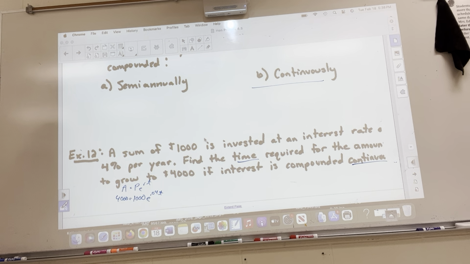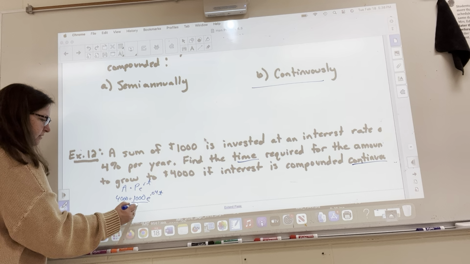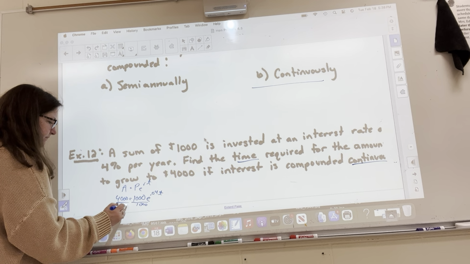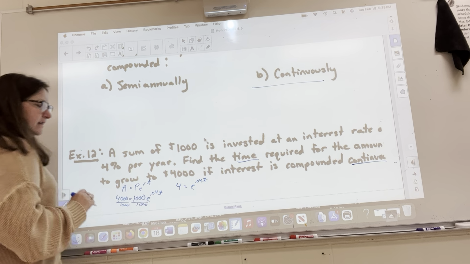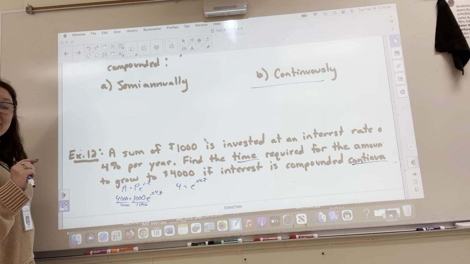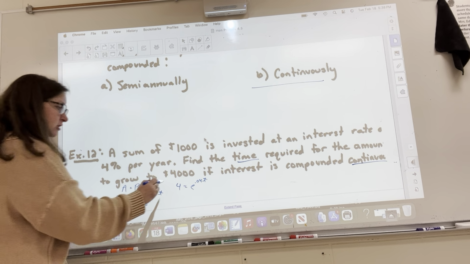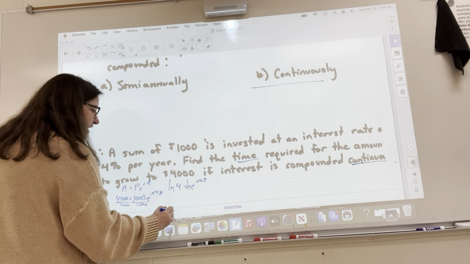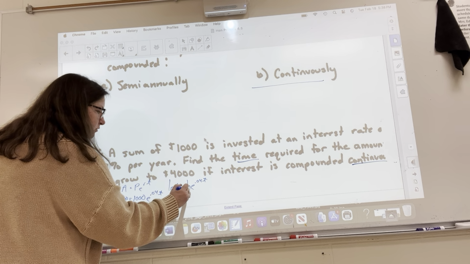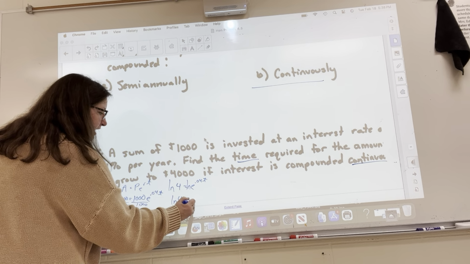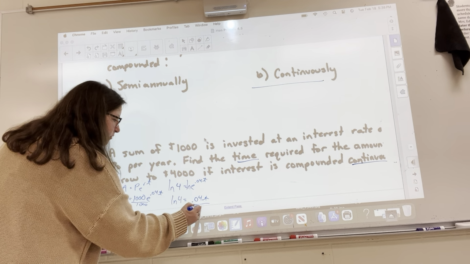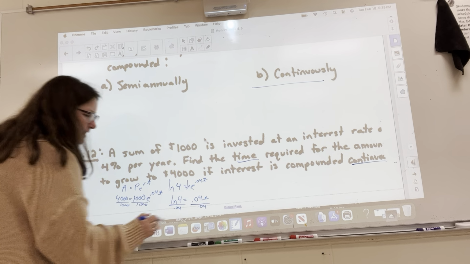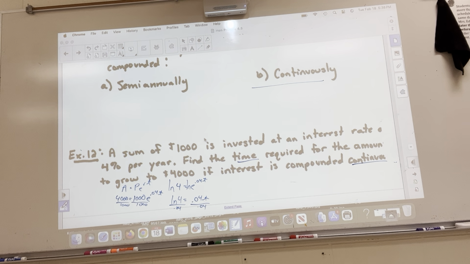So what would we do first? We would divide by the 1,000. So we get 4 equals e to the 0.04t. Now what? We're going to take the logarithm of both sides, but because it's base e, I'm going to use the natural logarithm of both sides. So natural log 4 equals, look at that beautiful shortcut, 0.04t. What's my last step? Divide by 0.04, and you should get the natural log of 4 divided by 0.04 gives you